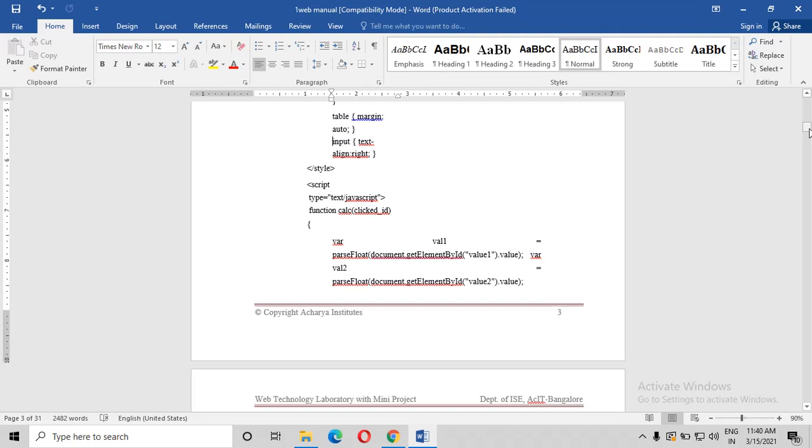What will parseFloat do? It is an inbuilt function in JavaScript which is used to accept whatever the string is. Everybody knows what a character and a string are, right? A character is A, B, C, D. A string is a collection of characters. Ranjita is a string. R is a character, A is a character, N is a character. A collection of those characters we call a string. Hope you know that. So parseFloat accepts whatever the string is and converts it into a floating point, which means a decimal number.